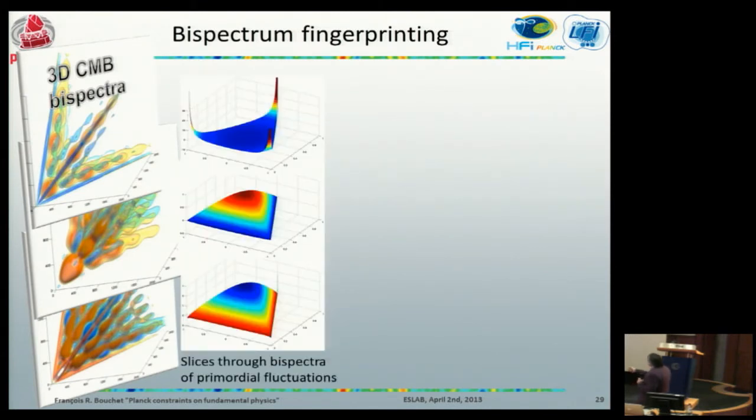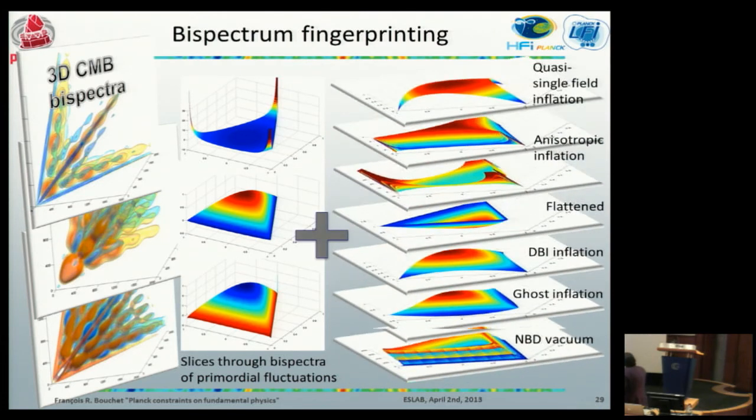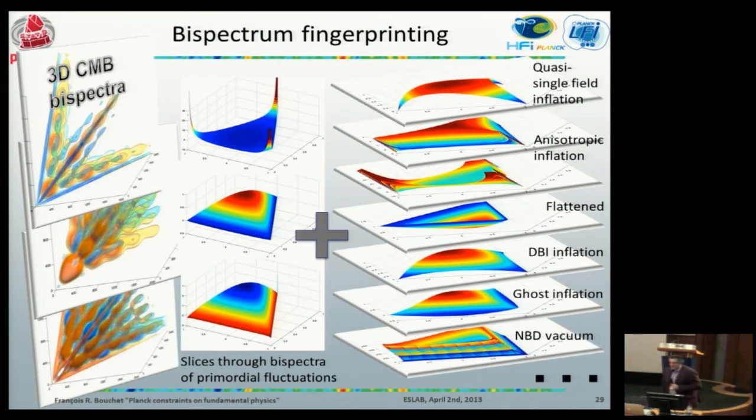Of course, these are just the late time, that is the CMB imprint in terms of bispectrum. But what is generated is actually coming from the bispectrum at the time of inflation, or whenever this was created. So we searched for not only those, but we also looked at the addition of a number of other cases which have comparable but not exactly the same initial three-point function in space.